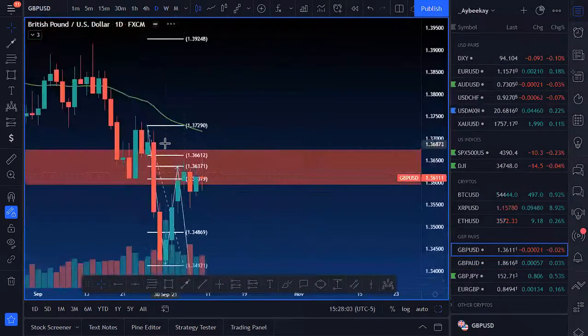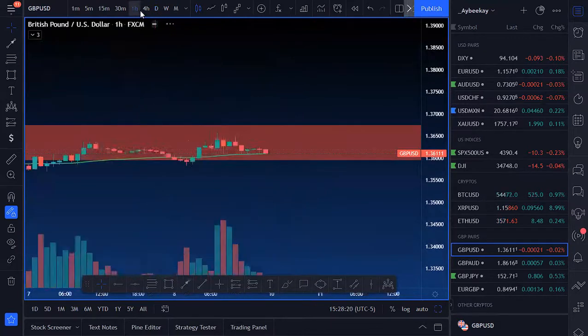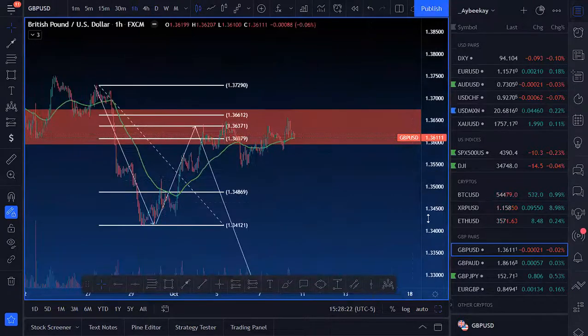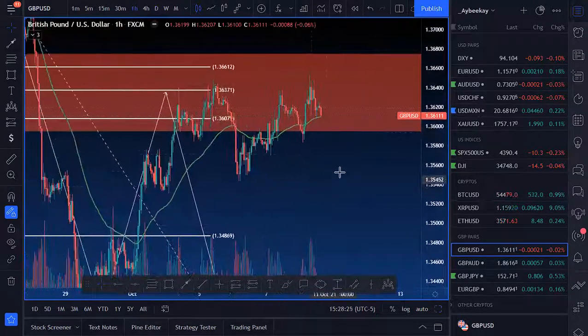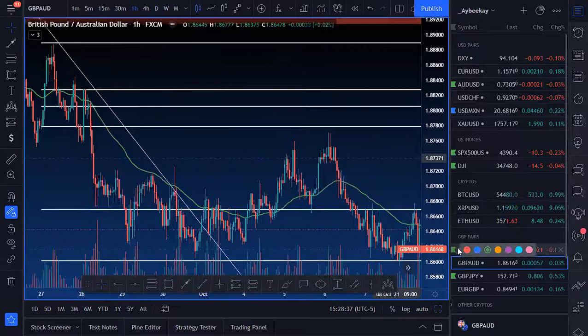GU, I might actually get into sells depending on how the market opens on Sunday. I might actually get into sells on GU, but it'd probably be more towards London session, because if I can get a stop hunt to the upside for London, that'd be better. Like, that would just be better for me. Yeah, I'm not paying attention to this 1 hour time frame. Wick to the upside almost came to the 78.6, but didn't hit it, and then still, yeah, I'm still bearish on it. I'm gonna put blue here.